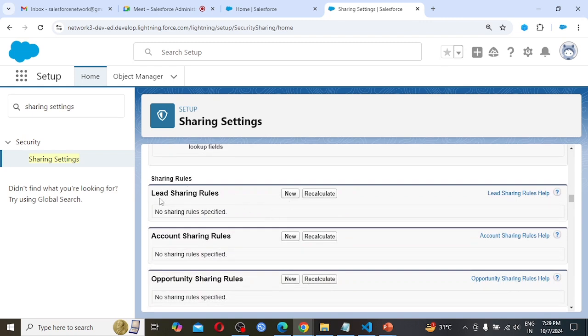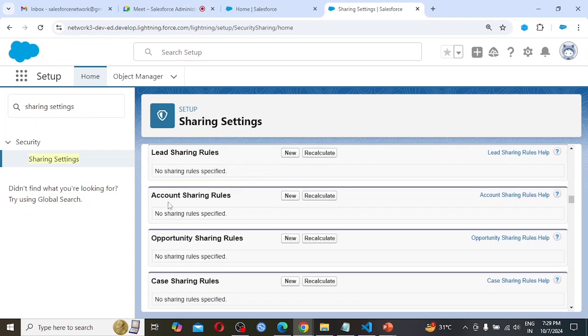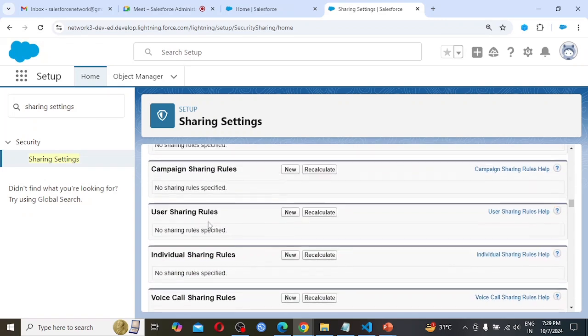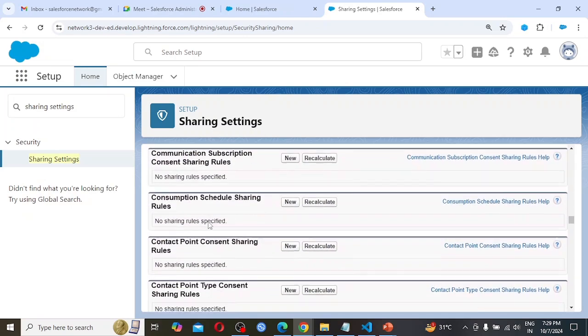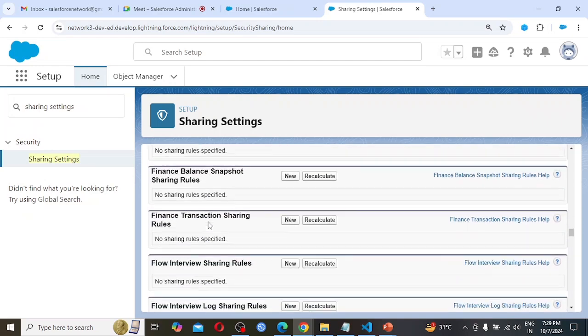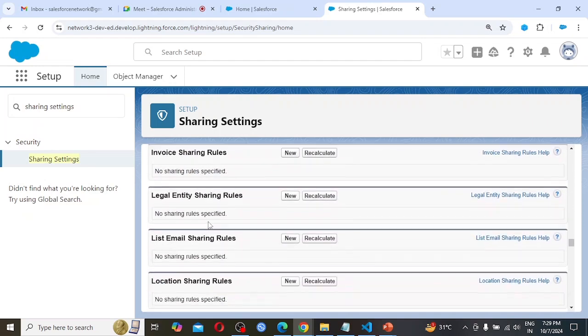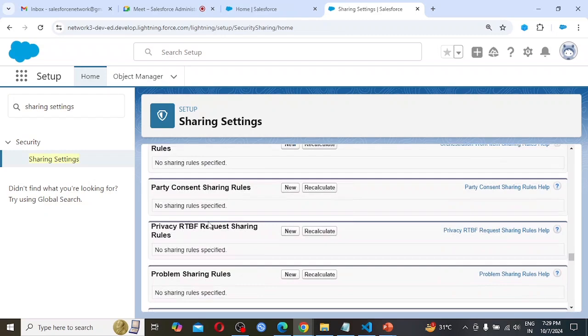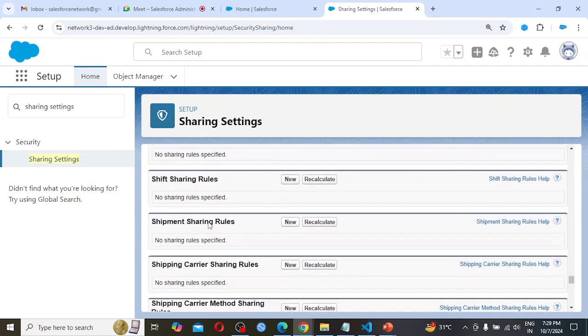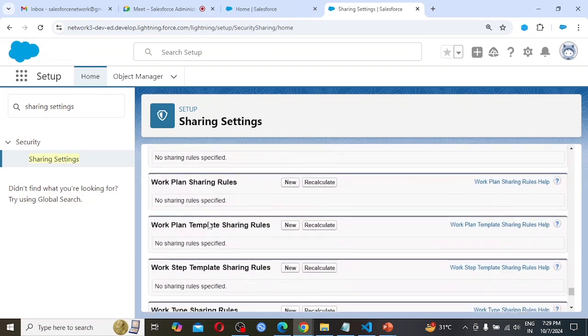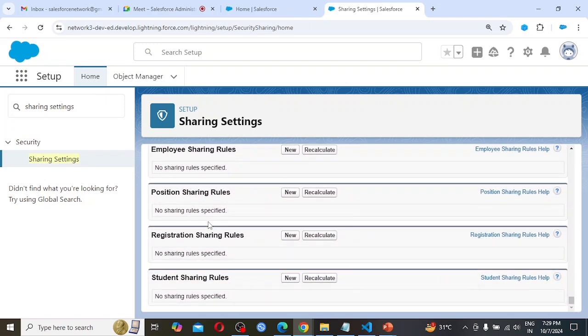So here we are seeing each object like lead, account, contact, opportunity. Also we are seeing down the line custom objects as well. So if I am scrolling down, we are going to see custom objects as well. So here we are seeing employee, sharing rule, position, as these are all custom objects.